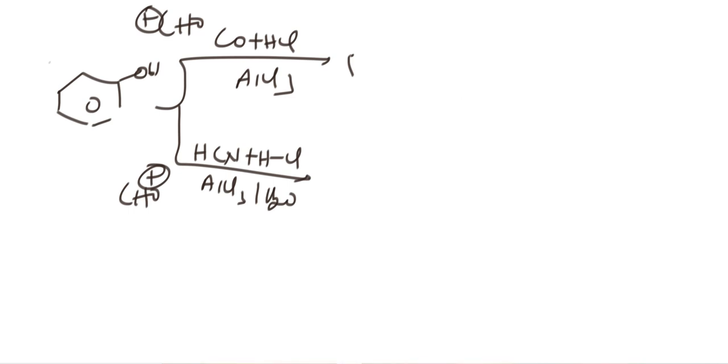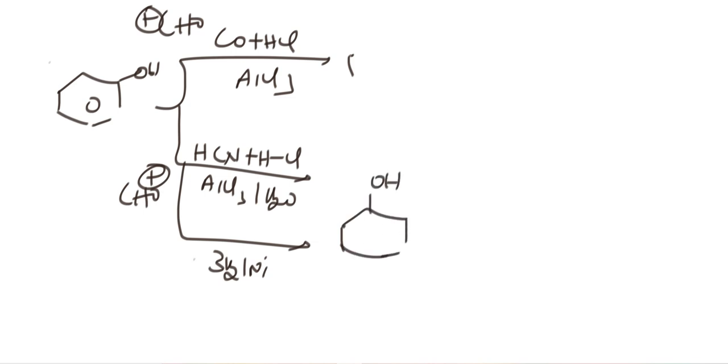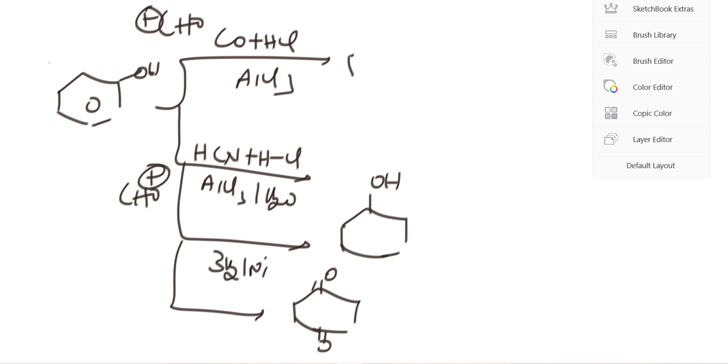As usual, I already told you the phenolphthalein preparation and the coupling reaction also. And as usual, phenol treated with 3H2 and Ni, then you are going to get cyclohexanol. And strong oxidation, you are going to get para benzoquinone. So all the reactions, I hope it is clear. Thank you children, I completed phenols. Okay.